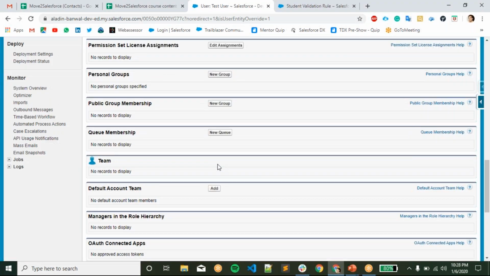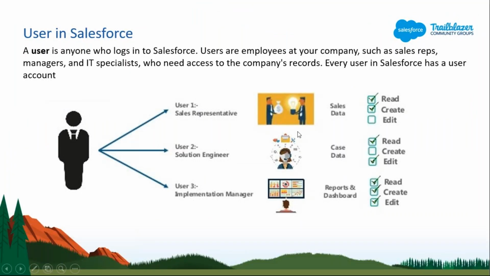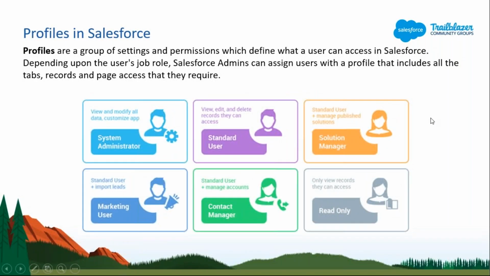So this is the user thing. Now it comes to the profile. Profiles are nothing but a collection of settings or permissions which we can give access to a particular user or a group of users.